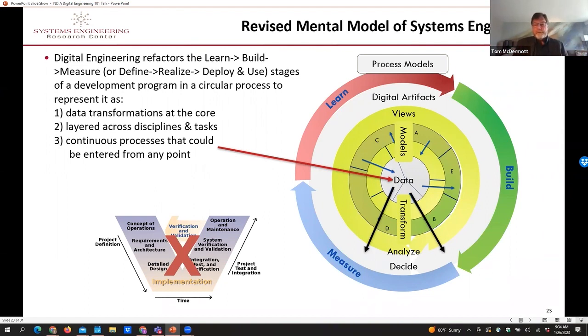And so we can view this process not as a V anymore, but as a circle with data at the center, models as the representation of the data into these views, like I showed you in that buildup chart, that feed our digital artifacts. And the human process of that then becomes the transformation of data into views that I can analyze and make decisions around.